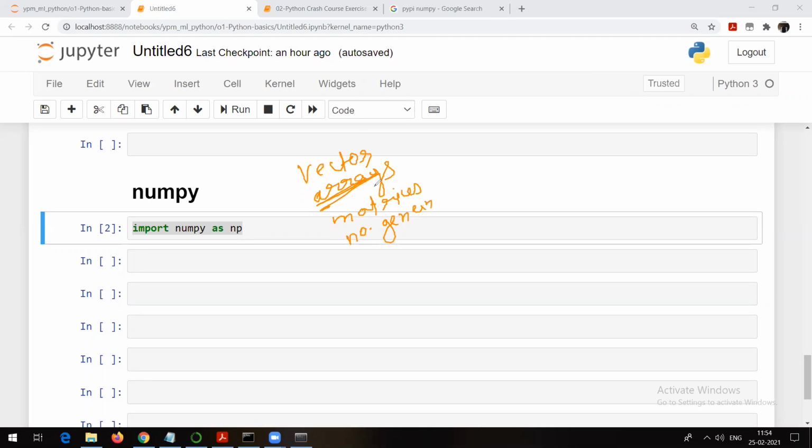Basically, whenever you want to convert anything into arrays, you can go with NumPy. And why arrays? Because arrays are faster as compared to other data structures. NumPy arrays are the main way we will use NumPy throughout this Python course. NumPy arrays essentially come in two flavors: vectors and matrices. Now, what do you mean by vector? A vector is also an array, but it is a one-dimensional array, a 1D array.